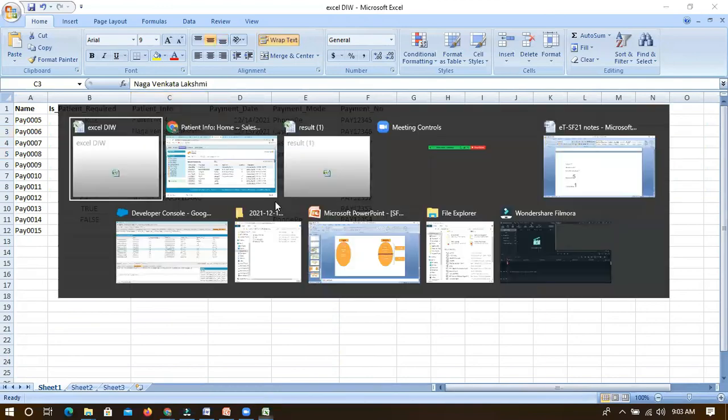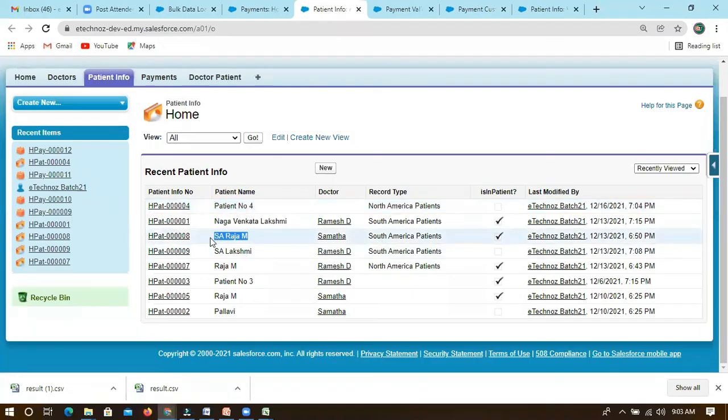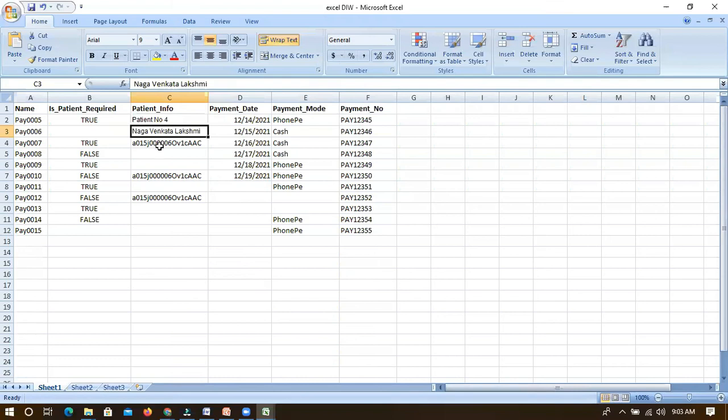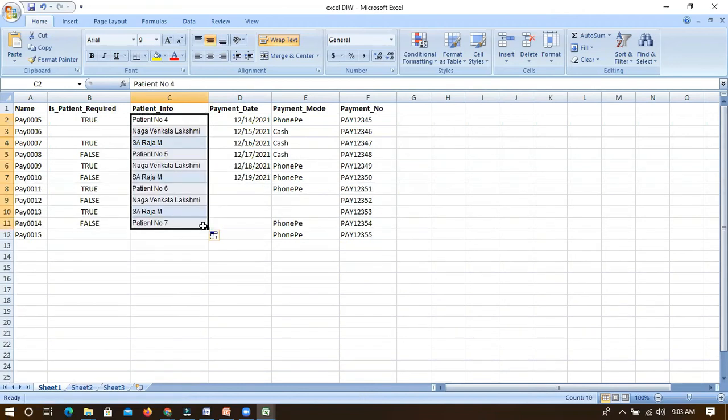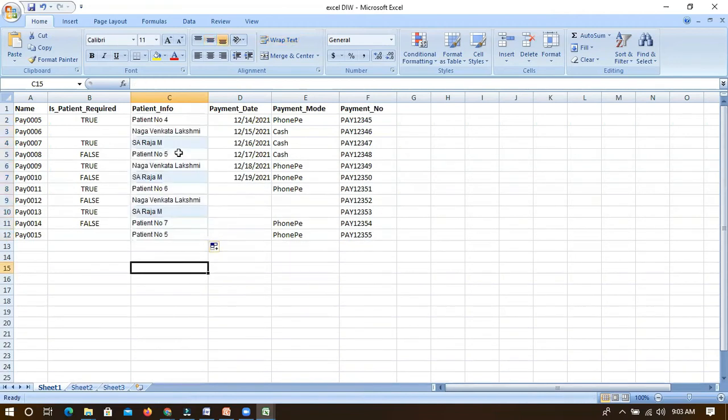Let me give this SCA Raja M, the patient names. It should be the same, otherwise again it will throw an error. So it is not available. These are fine.